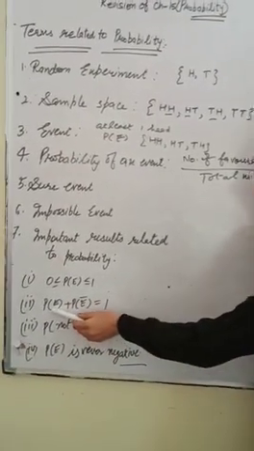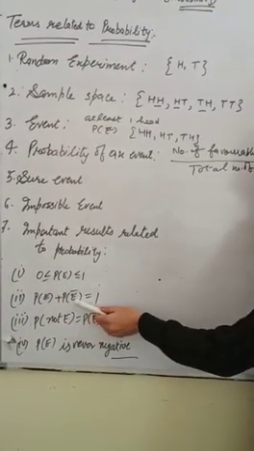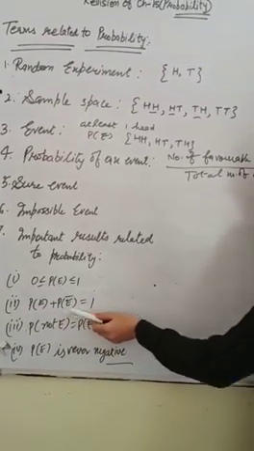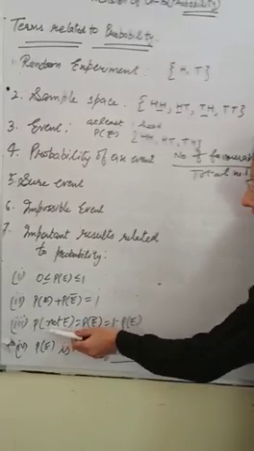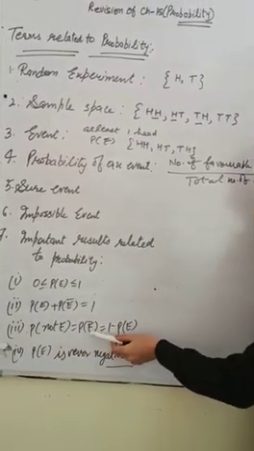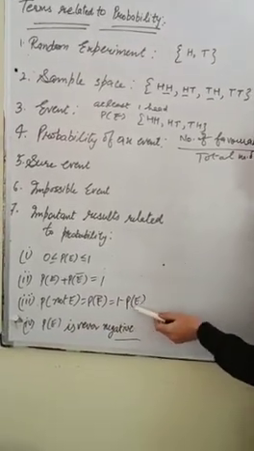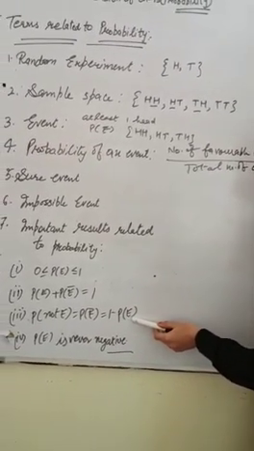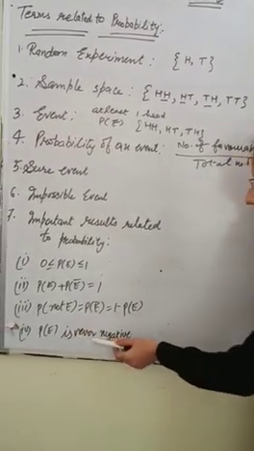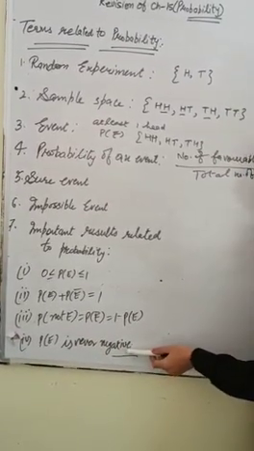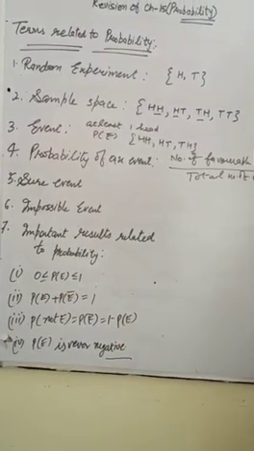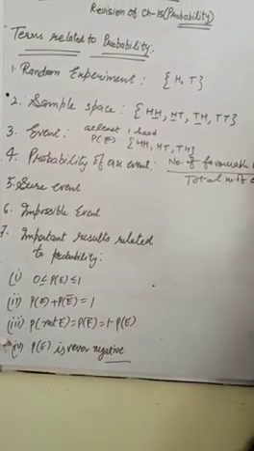Next, the probability of any event and its complementary event, meaning the not-event. Their sum is always 1. If we have to find the not-event, then we subtract the probability of that event from 1. The probability of any event cannot be negative. It always lies between 0 and 1, not more than 1 and not less than 0.